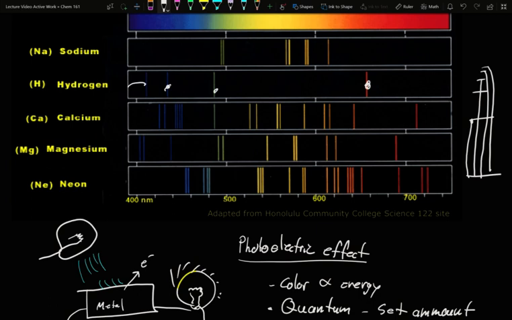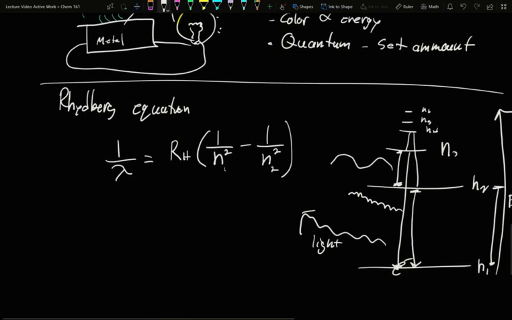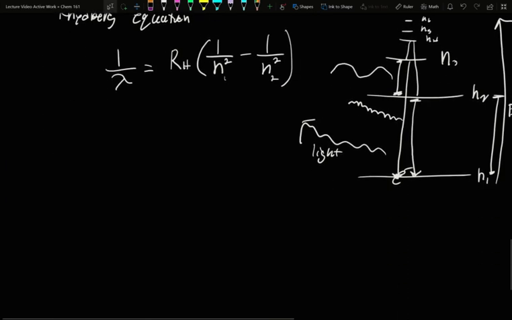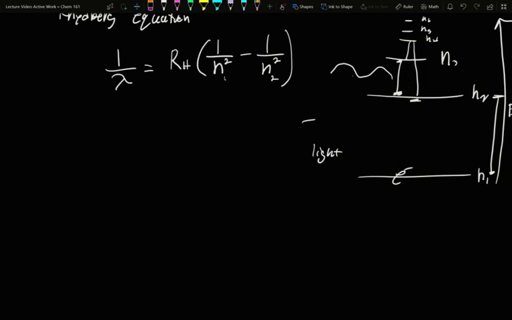What the Rydberg equation helped us see was that these lines were representing changes in energy of the electron around the nucleus. Now, unfortunately, Rydberg's equation only worked for hydrogen. We were never able to adapt it to work for any other element. And if we think about why for a minute, there's just one electron on hydrogen, and so that electron never has to worry about any other electron getting in its way. Other elements that have more electrons,